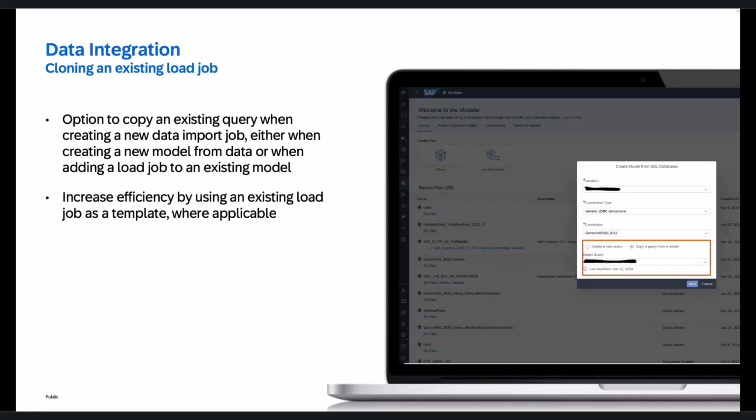A new data integration feature added to this QRC is the ability to clone a query when creating a new load job. You will not see this option if you are creating your load job from a source that doesn't use queries, such as spreadsheet uploads, Google Docs, file uploads, etc. However, if the source does use queries, SQL sources, SAP BW, you will have the option to reuse an existing